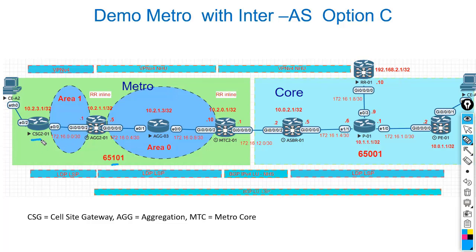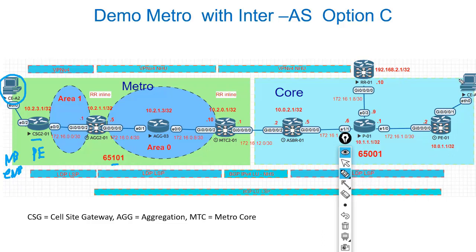OSPF areas. The CSG router in the metro acts as a PE router connecting to customers or to other equipment for different kinds of service. So on CSG, VRFs will be configured for different kinds of traffic. The CE here can be a router at the customer side, or can be the NodeB or eNodeB in a mobile system. The same, the CE in the metro network can be a gateway to internet,